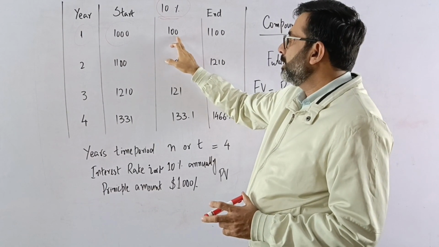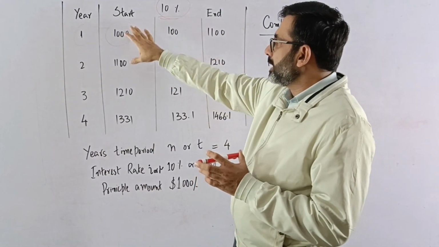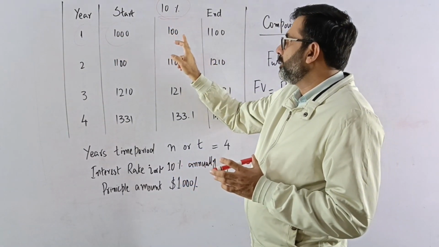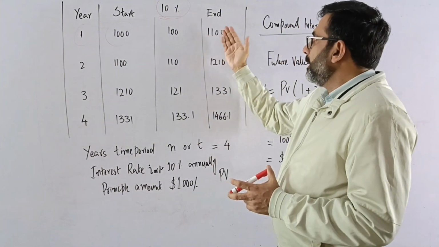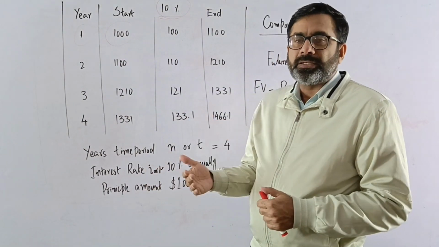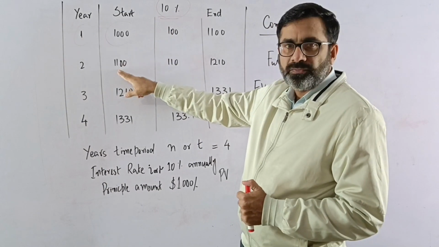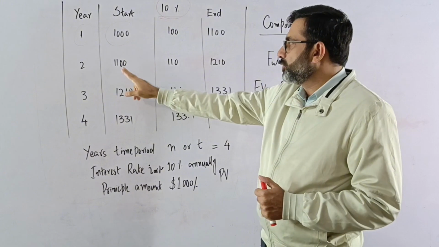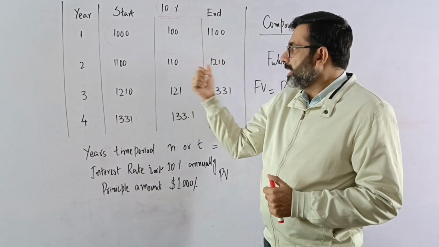So for the first year, 1,000 invested at a 10% rate of interest, so it is how much? 10% is 100. So this is the start when you have invested. After adding the 100 of interest, that will be 1,100 at the end of the year. Now this amount will be reinvested in the next year. So at the start of the second year, we have 1,100. Then the rate of interest is the same, 10%, so it will be $110. So at the end of the year, it will be